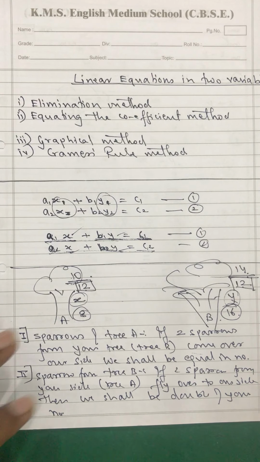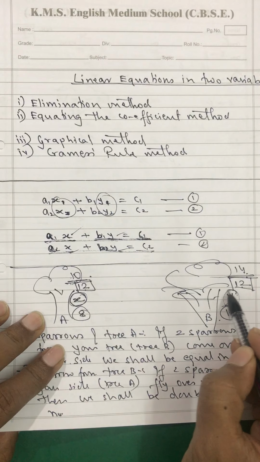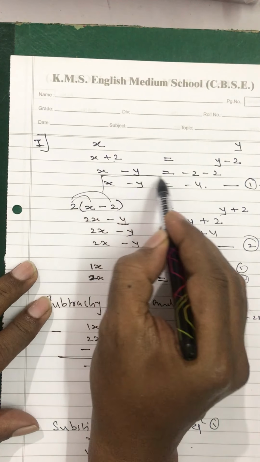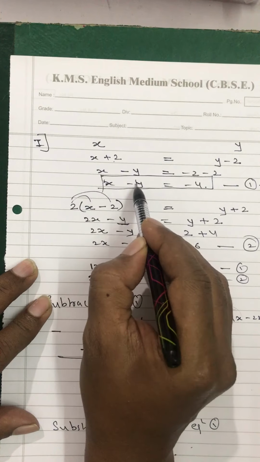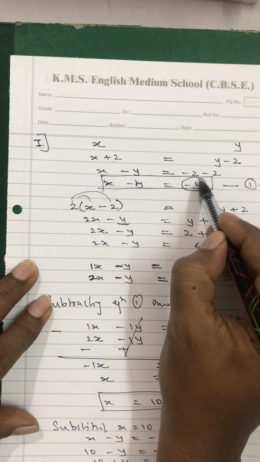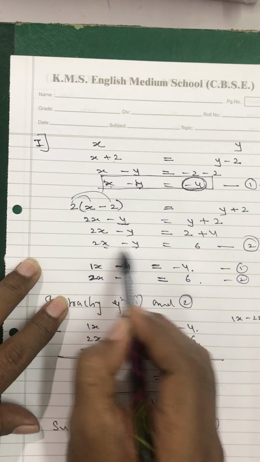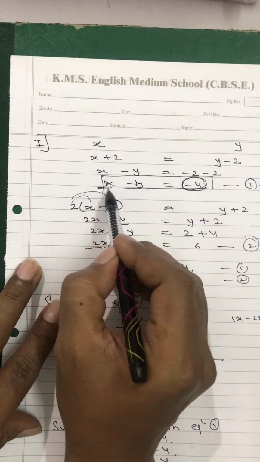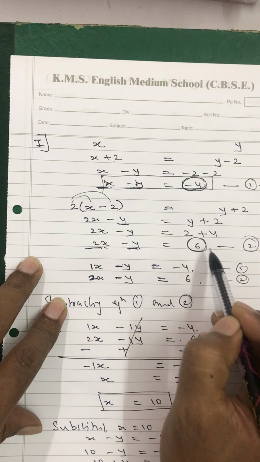So basically here what happens is that the variables x and y provide you 2 different equations with different coefficients, and with the different coefficients there is a different constant on the other side. The same x and y, most of the time, have different coefficients over here, and accordingly they change their constant.